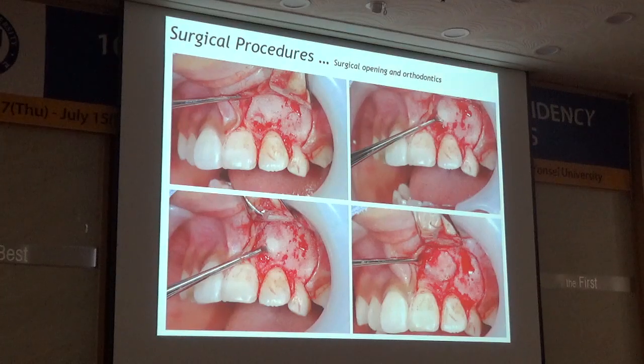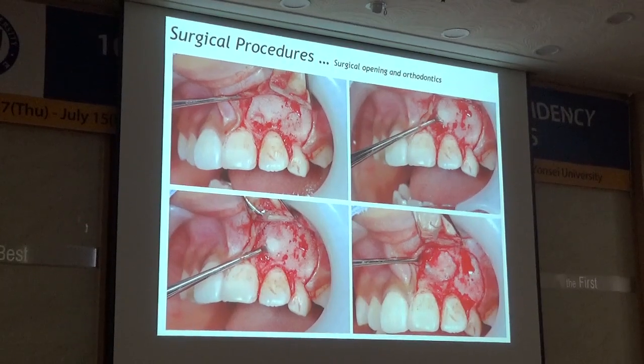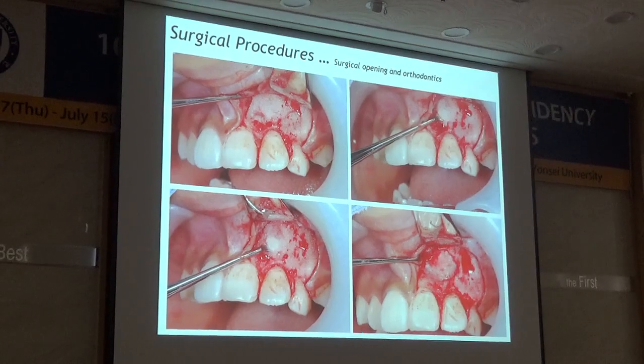And once we make a surgical flap, I like this kind of circular flap, and make the vertical incision at the distal side. This is a labially impacted tooth, so when you raise the flap, you may not see the impacted tooth. But without using any other drill, I can put a very sharp surgical instrument such as the explorer or the surgical curette.